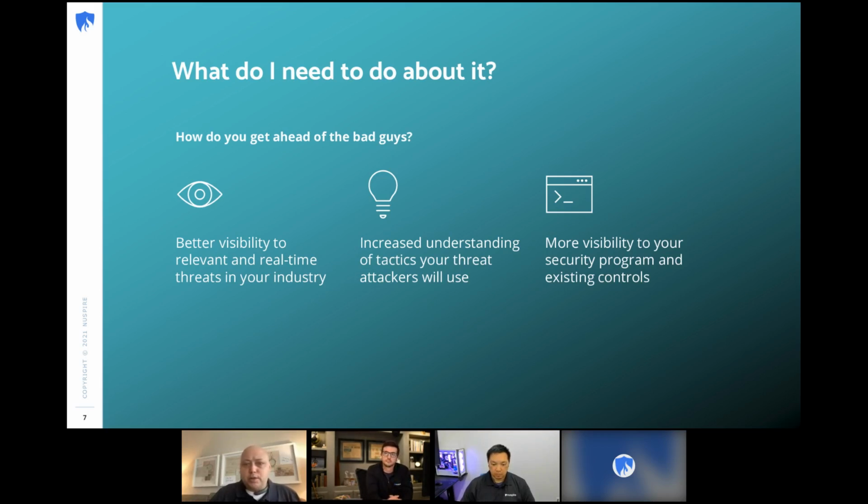The other thing that's important here is security is not static, and we need to be able to turn knobs and dials in the security program in order to stay on top of the enemy. And threat modeling is the tool that allows us to do that. It really is the linchpin of putting together the connection between who the bad guys are, how they operate, and then finally what I do about it.